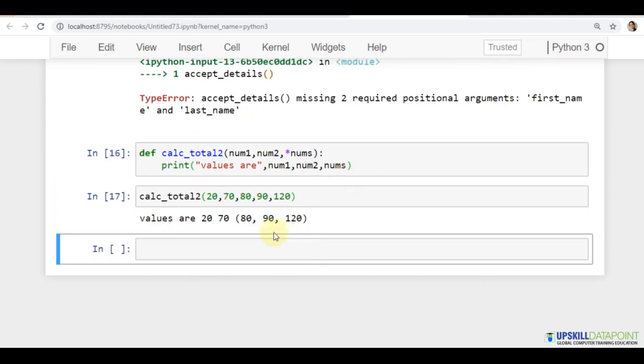Okay, you can see here it can take as many values as you want. So here 20 is for num1, and these values are for the extra values. So whatever extra values you have can be passed. This is also a function where we can pass values or extra values if needed.